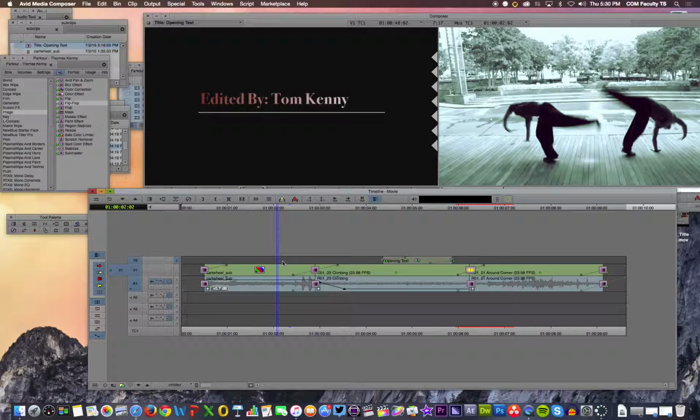Now if I want to apply that flip-flop to a number of clips, remember, I'm in segment mode, which is the red arrow pointing to the right. Select multiple things on the timeline, and say I want to add the effect to multiple clips. I don't want to just add that flip-flop to one clip. I want to add it to multiple clips. Let me add the effect to more than one clip by selecting the flip-flop, holding Shift, dragging it, and actually I don't even need to drag it. What I can do is hold Shift and double click,